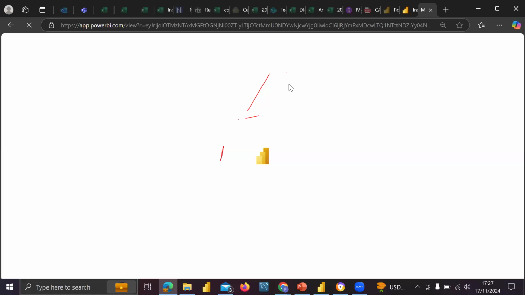Also note that any changes you make in your Power BI desktop and publish again on Power BI web will automatically reflect on this particular link that you've already created. That is how Power BI web works.